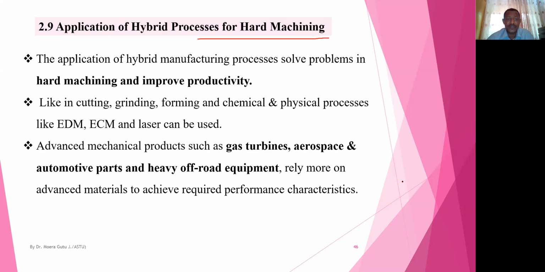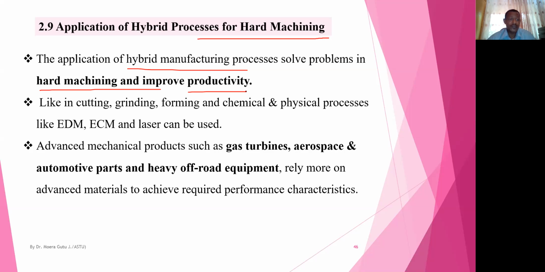So the hybrid process for hard machining is using two or more machining systems together, involving hybrid machining or hybrid manufacturing processes, to solve problems in hard machining and improve productivity. Productivity means getting high surface finish. Productivity means reducing machining cost, reducing tool wear, and so on. So productivity is not only maintaining a high material removal rate, but at the cost of reduced